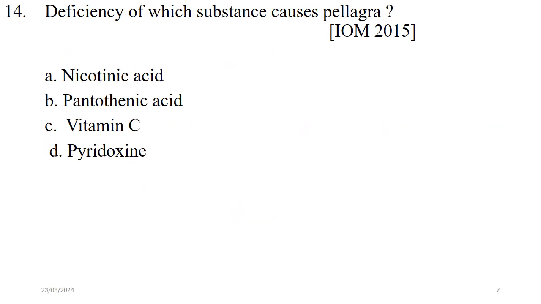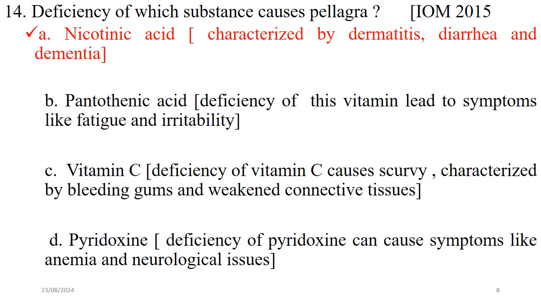Question number 14. Deficiency of which substance causes pellagra? The options are A. Nicotinic acid, B. Pantothenic acid, C. Vitamin C, and D. Pyridoxine. The correct answer is option A. Nicotinic acid. It is characterized by dermatitis, dementia, and diarrhea. Dermatitis means the inflammation of the skin, whereas dementia means a progressive decline in cognitive function due to damage or